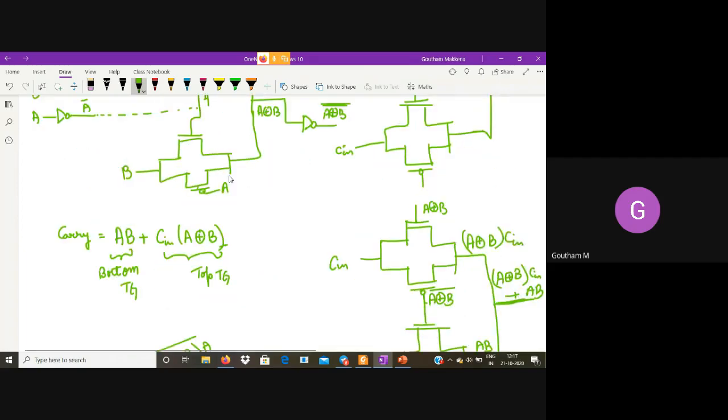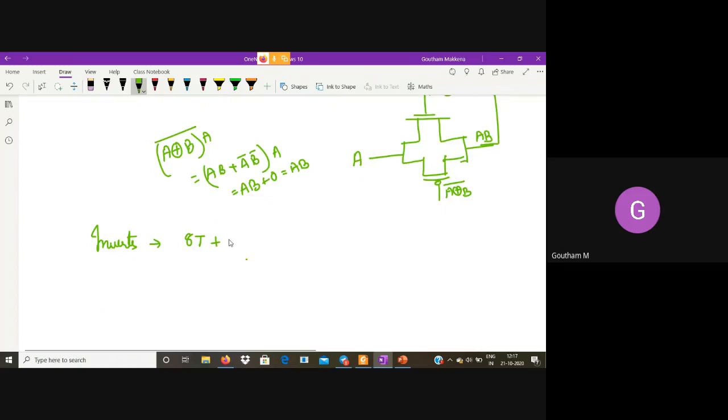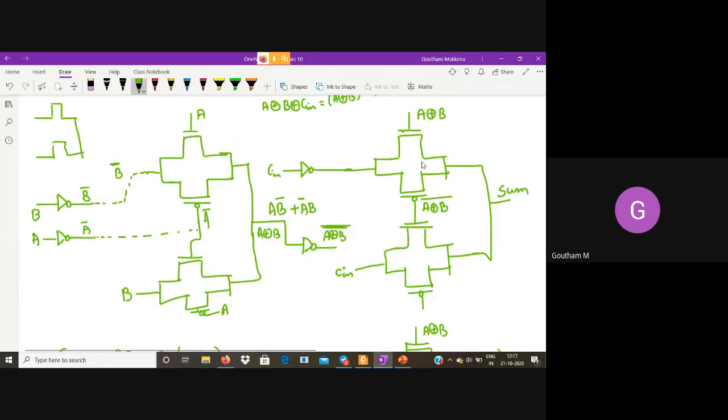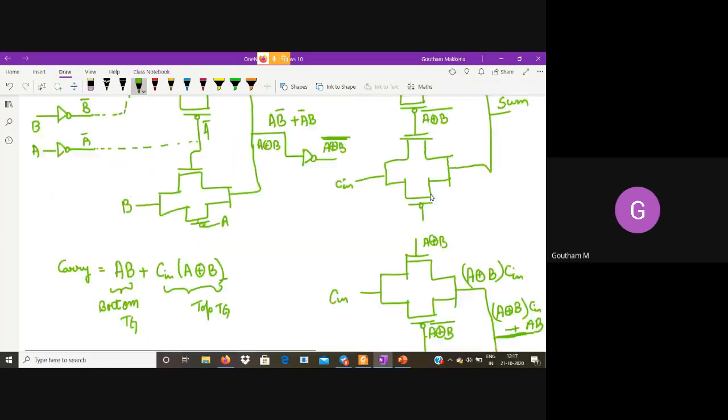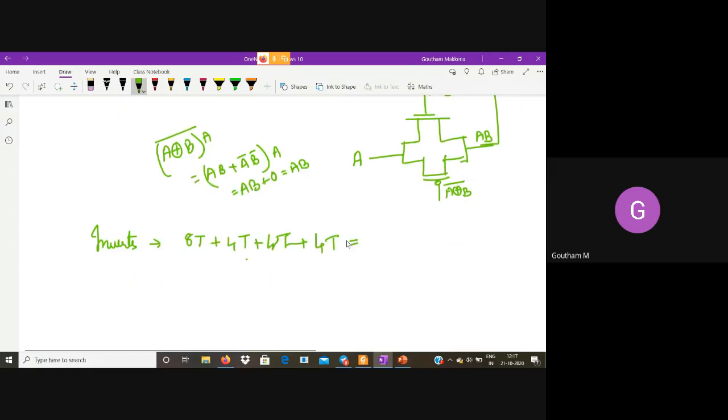Plus, these are 2 transmission gates, 2 into 2, 4 transistors. How many transistors are these 2 transmission gates? 1, 2 and 3, 4. So in total, 4 threes are 12, 12 plus 8 is 20.